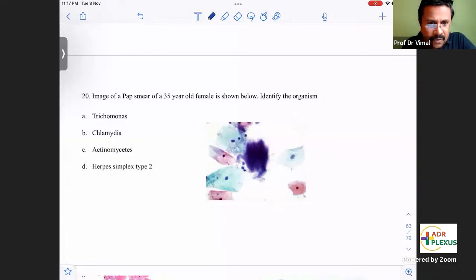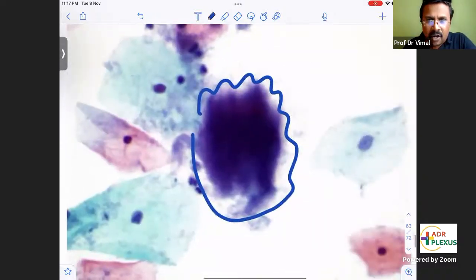Trichomonas vaginalis will be a very pear-shaped agent. So if I give you a clue that she is an IUCD user, intrauterine contraceptive device user, copper T, and if you can see a fluffy cotton ball like appearance in a pap smear,